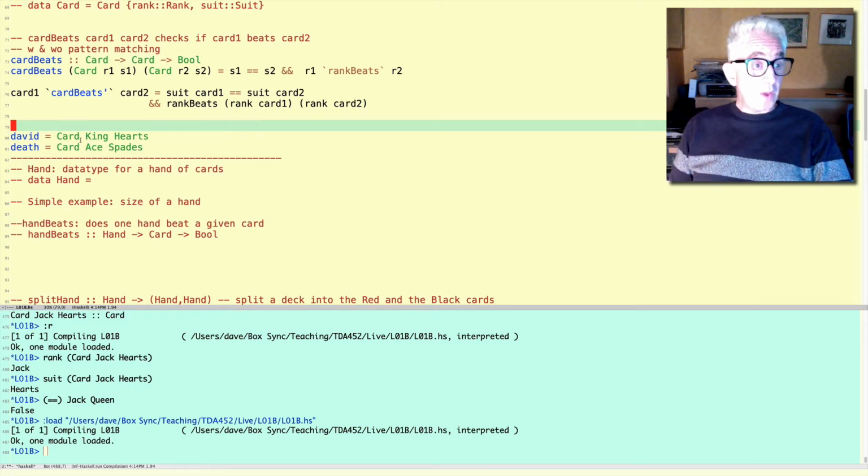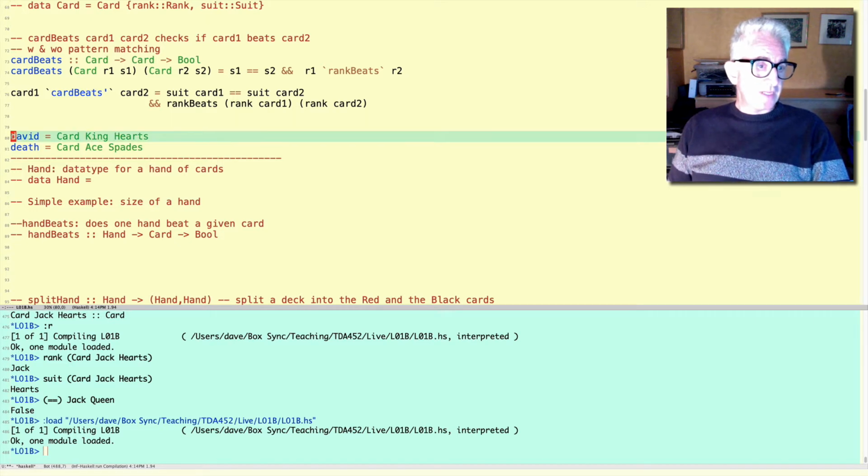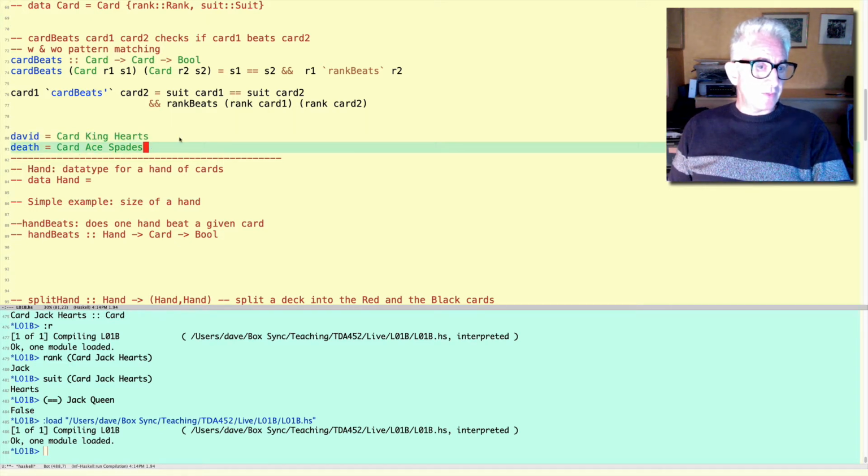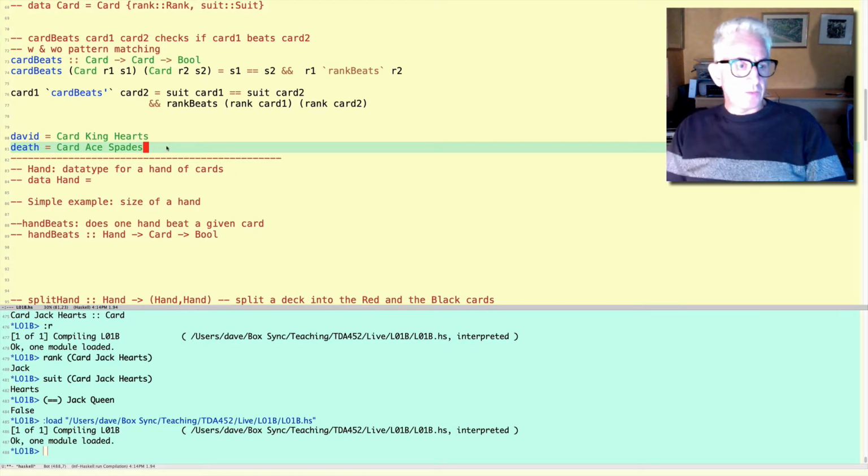Okay, so we've got to the point where we've defined the card data type. And here's a couple of examples of that. So representing a couple of cards, King of Hearts, Ace of Spades, otherwise known as David and Death, respectively. Now we're getting to the fun bit, because we're going to put all these bits together and represent a hand